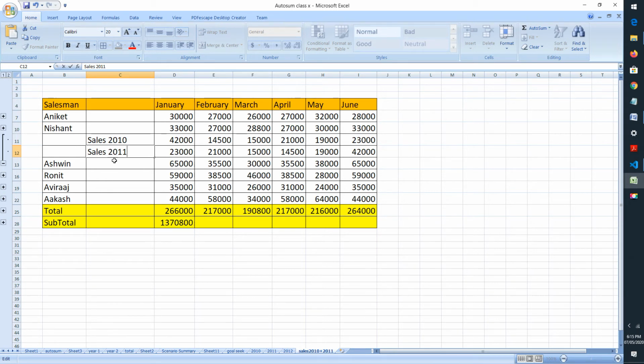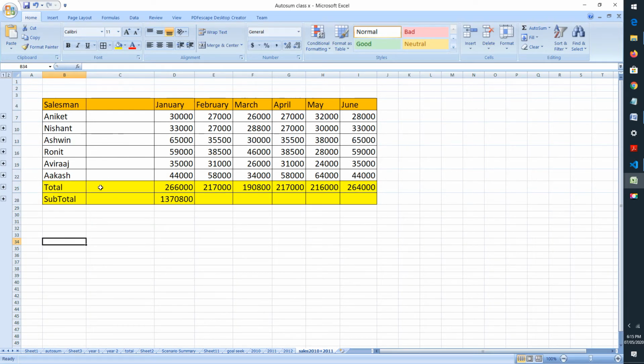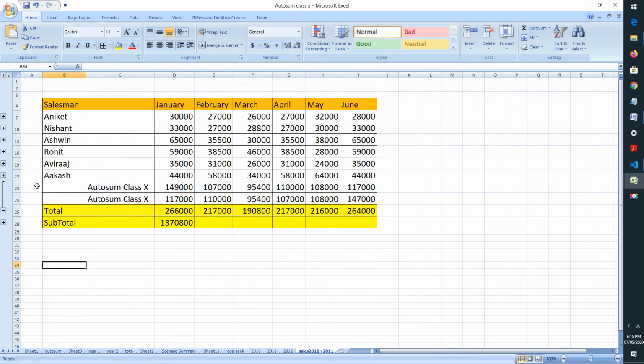This way we can show in the same worksheet where the consolidated data is coming from. Likewise, you can check for total also. This is the 2010 total, this is the 2011 total, and this is the consolidated total of the January month of both years.